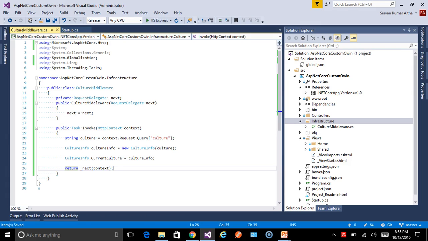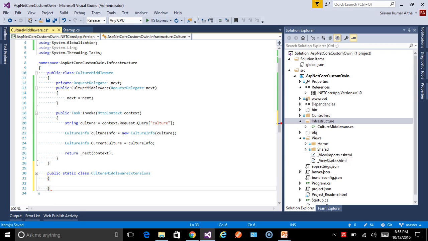Another thing I mentioned in the presentation was defining an extension method. This is for pure convenience. So let's define a public static class which will hold all the extension methods related to this middleware component. CultureMiddlewareExtensions, and I guess we missed one more brace, and define a static method, public static,